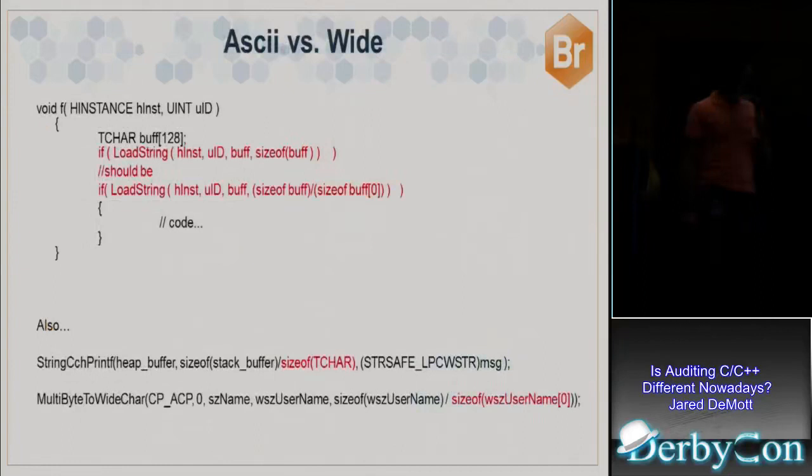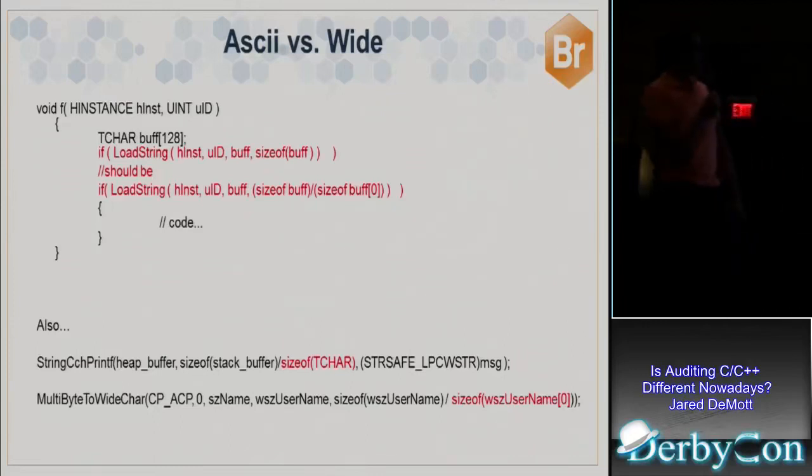Okay. Other examples of problems that have happened in the past. This is an interesting one that I always thought was really goofy. If you use a lot of these MSDN APIs that deal with wide characters, which are 2 bytes, or TCHARs as they're called, you have to do sizeof divided by 2, basically. sizeof of buff[0] gives you the type of TCHAR, which is like 2 bytes.